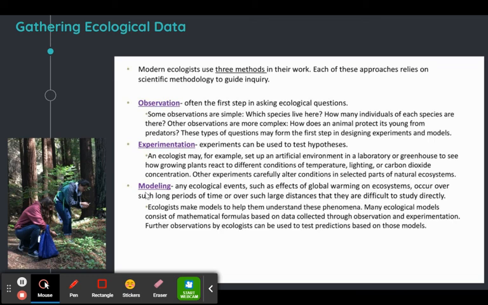And finally, modeling. Many ecological events, such as effects of global warming, occur over long periods of time. They're difficult to study directly. Ecologists make models to help them understand the specific phenomenon. Many ecological models are made from mathematical formulas based on data and observation. All right, that ends this part of chapter